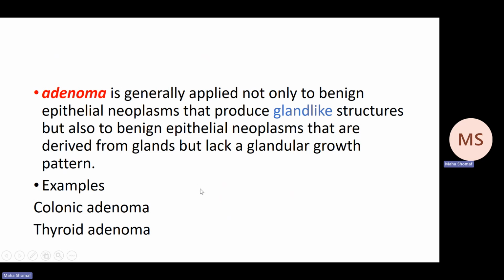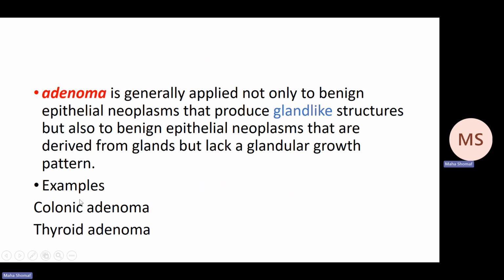chondroma. Adenoma is also a benign tumor, and it describes the benign tumors that originate from epithelial cells and produce gland-like structures, but also benign epithelial neoplasms derived from glands. Also, they are called adenoma, even though they lack glandular growth. So, adenomas are tumors that produce gland-like structures, or they are derived from a gland without formation of